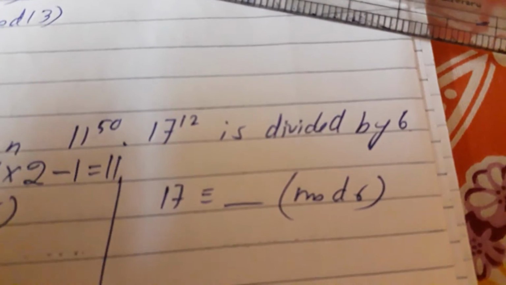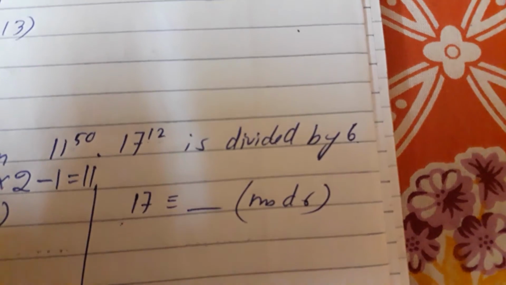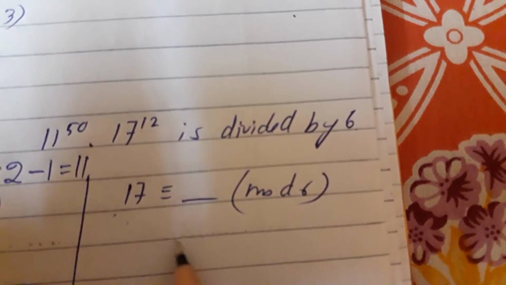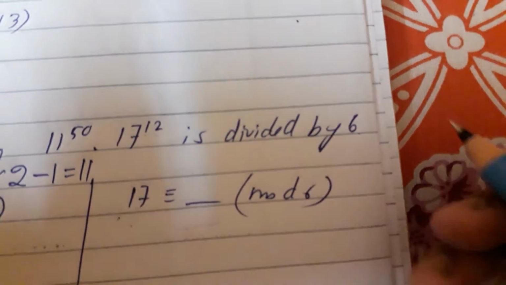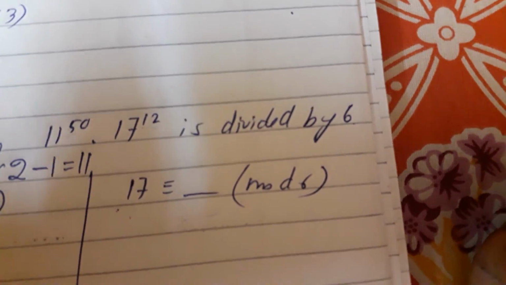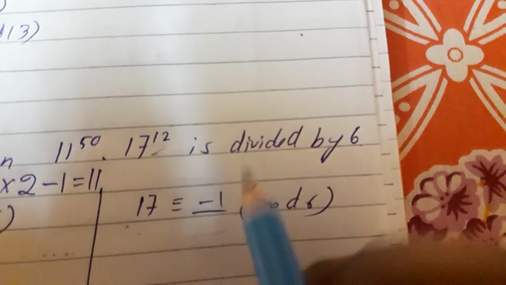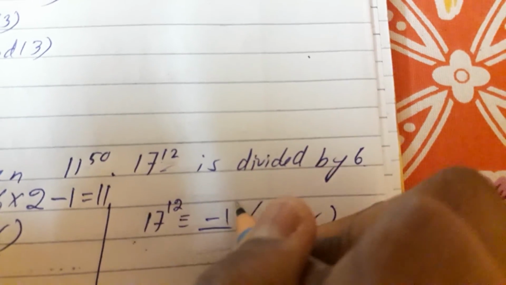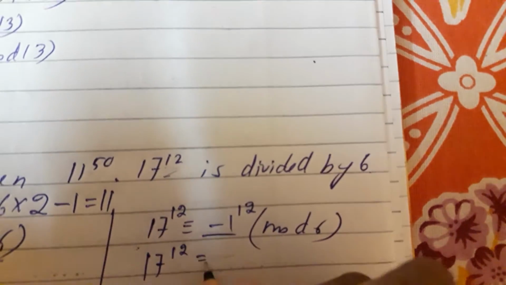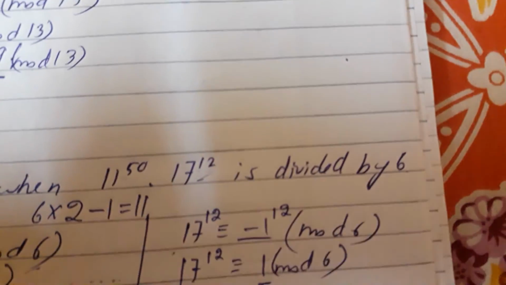So we have got this. Now see, the second case is 17. In the first step, forget about the exponential power. Only take 17, then 17 congruent to dash modulo 6. We all know that 6 into 3 is 18, and 18 minus 1 is 17. So in this case the remainder will be minus 1. So if we raise the power by 12, then here also you have to raise the power by 12. So we'll get 17 to the power 12 congruent to 1 modulo 6. So in this case also 1 is coming.